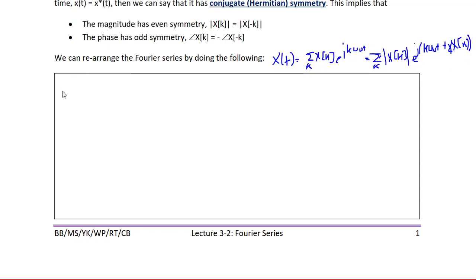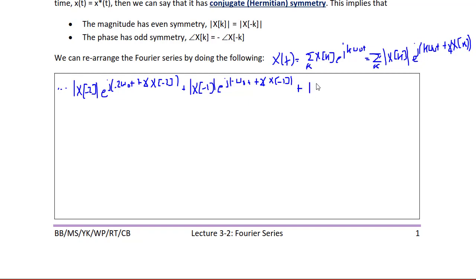So this can be written by expanding it out as the following: the magnitude of x of negative 2 e to the j negative 2 omega naught t plus the angle x of negative 2, plus the magnitude of x of negative 1 e to the j negative omega naught t plus the angle for x of negative 1,